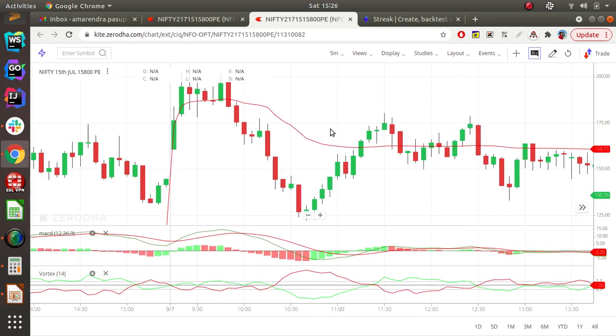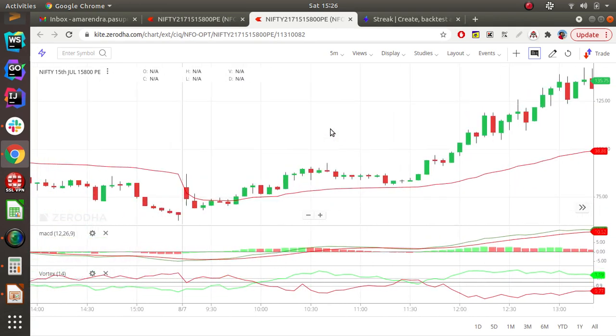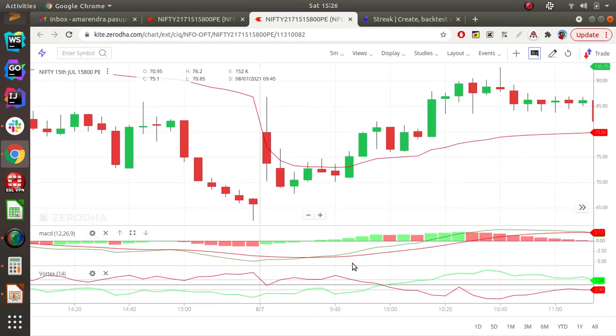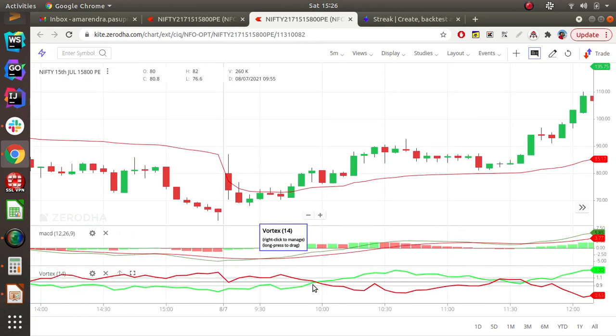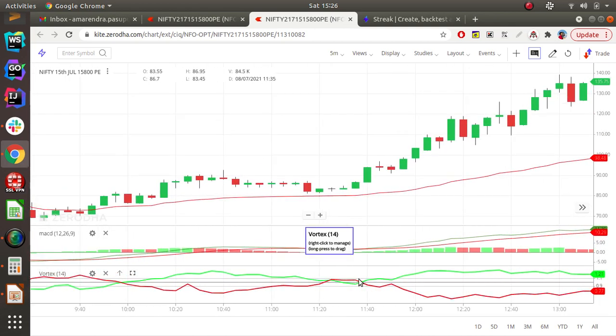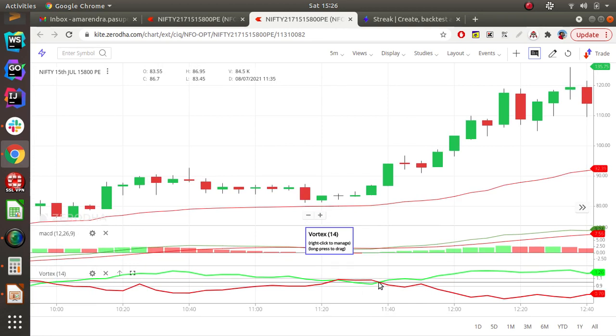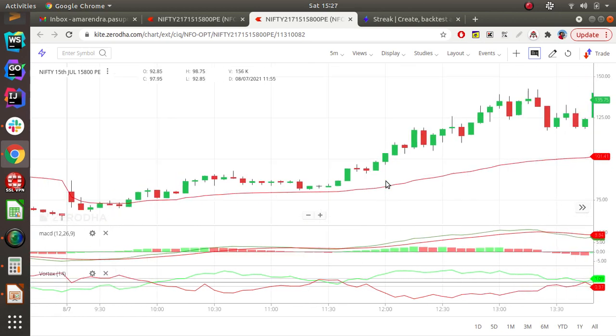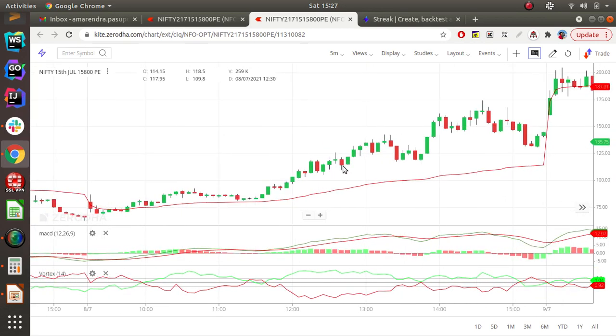We are looking at the 8th date, this is the 9th. Okay, on the 8th, here Vortex has crossed, but the 10 minutes MACD is not yet green. This is ignored. And then here, near 11:35, 11:40, the candle closed above the volume weighted, MACD is going green on the 10 minutes candle, and Vortex has crossed. So at 11:40 we will be initiating the trade, and then after some percent we'll book the profit.